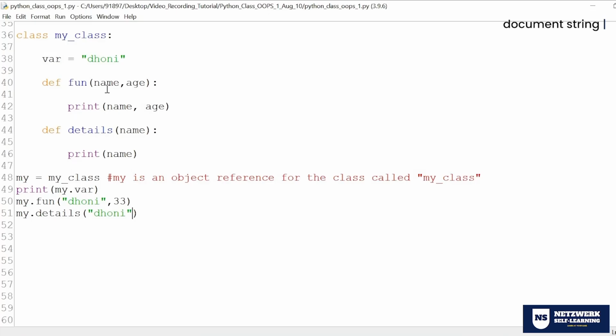Even though the functions fun and detail are trying to take the same argument, since it is an unbound mechanism, I have to pass it separately. That means the bottom line is that there is no common data sharing. The data are not initialized commonly so that I can use it anywhere inside my class, because both the functions fun and detail are my class functions only. They are my attributes. So why do I have to pass the data separately? I should have initialized everything together in a single function, in a single place.